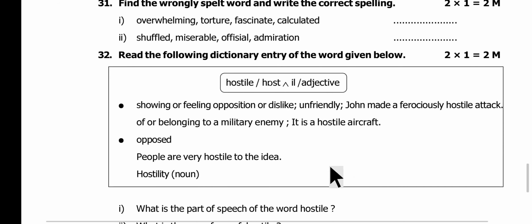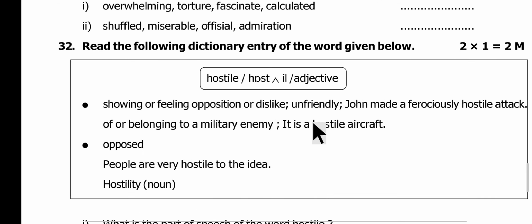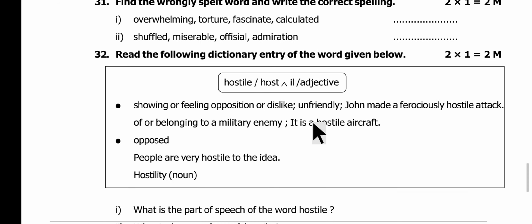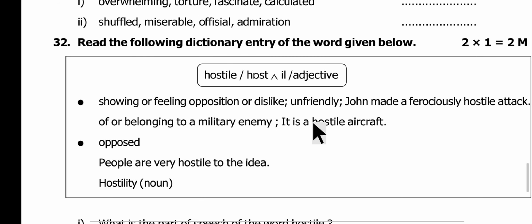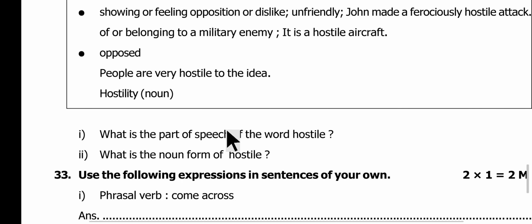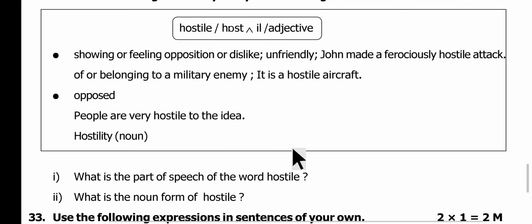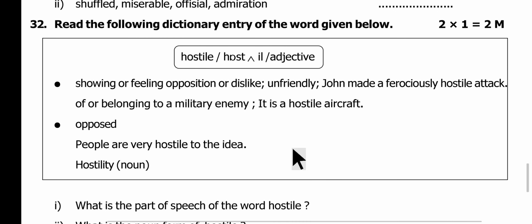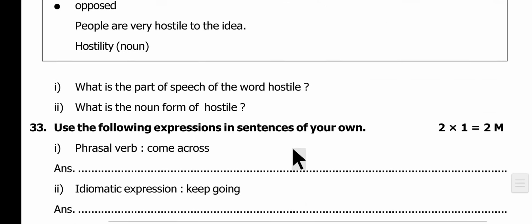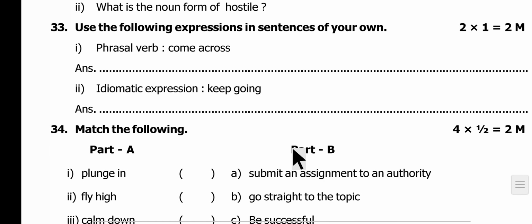Now reading a dictionary entry. One word with dictionary entries are supplied here. If you look at this box, you can get the essential information of a dictionary entry. Now parts of speech and its noun form. We need to look at the box and its contents, then attempt the dictionary entry question, followed by